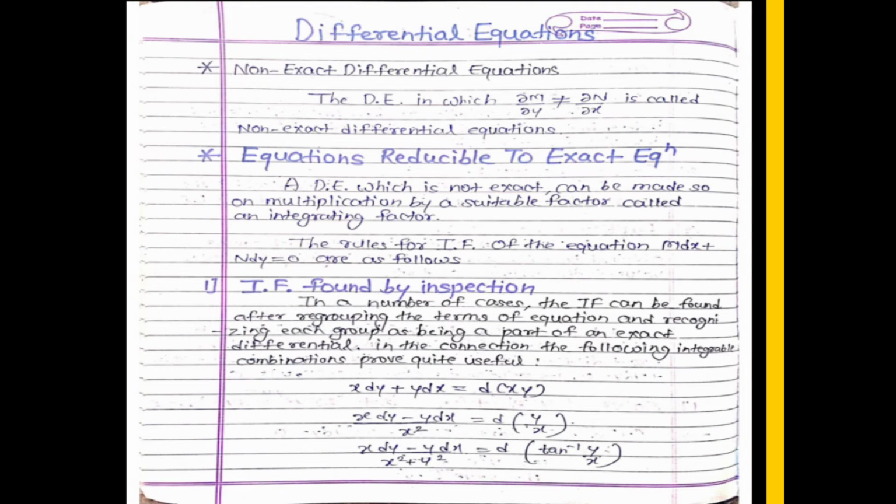What are non-exact differential equations? The differential equations in which the partial derivative of M with respect to y is not equal to the partial derivative of N with respect to x, that is, ∂M/∂y ≠ ∂N/∂x, are known as non-exact differential equations. Now